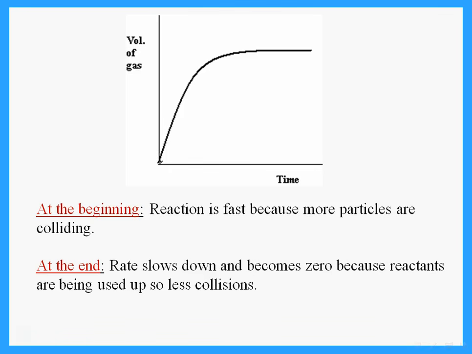We said for any reaction, if I'm measuring the volume of a gas, at the beginning the reaction is very fast because I have a lot of particles of the reactants colliding. So the increase in the volume of gas is very fast. But then towards the end of the reaction, the particles of the reactants have been used up, so the rate slows down and it becomes zero at the end, so that no more gas is given off. That's when the reaction has finished because all the reactants have been used up, so there are fewer particles